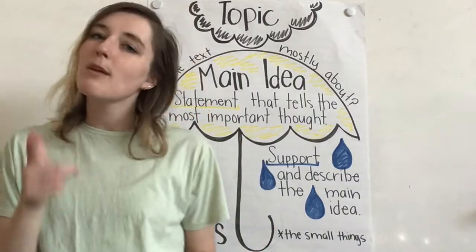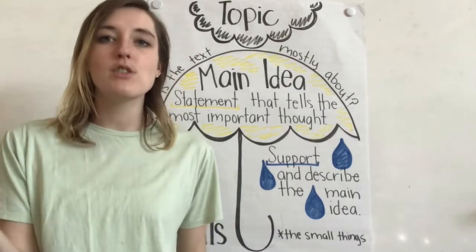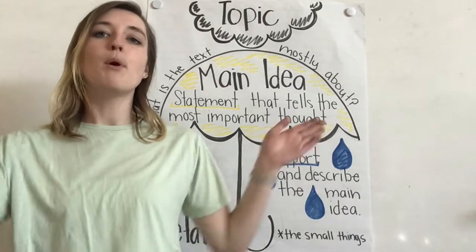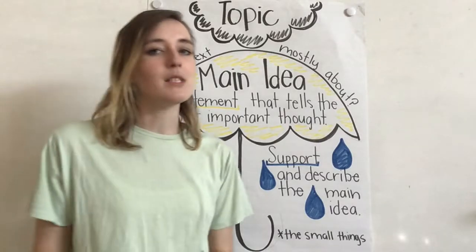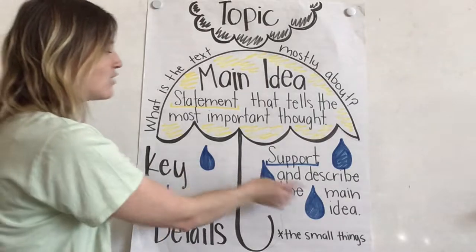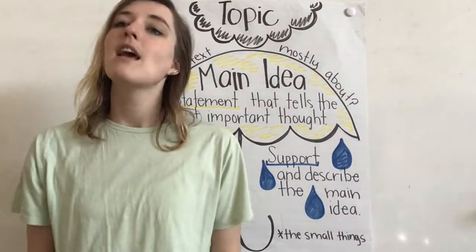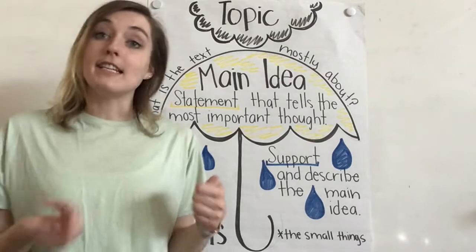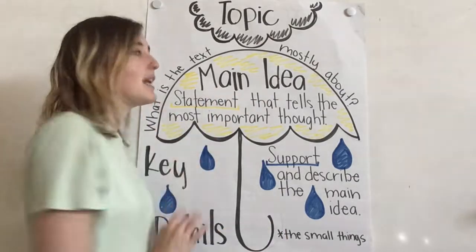Remember, main idea is usually about one sentence, and it talks about all the things that the text is talking about, or in this case that we're going to be talking about today, multiple paragraphs. So when we're looking at paragraphs, we're pulling all that information together into an umbrella statement that talks about what the main idea is. How we get there is we use the key details. The key details are down here. That's these little raindrops right here. So the key details support and describe the main idea. It's the small things. It's the key details that are the things that we tend to find interesting or that we learn about, and we use those key details to then create a main idea statement,